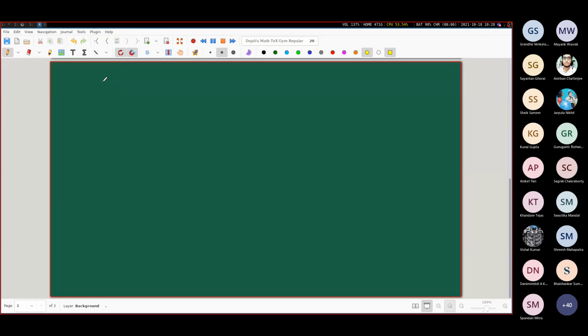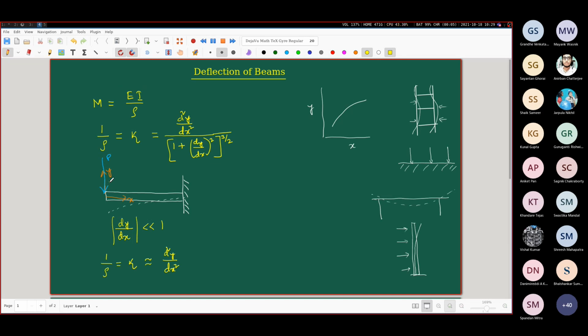Excuse me, sir. Yes. So actually at the point where the load is there, is dy by dx much less than 1, or is it significant at that load? So it is like this. Okay, so good question. Whenever you have these kinds of beam considerations, any of these theories are not strictly valid at the location where the load is given. Because if you microscopically zoom into this thing where the load is pressed down on this beam, you will see something like this,